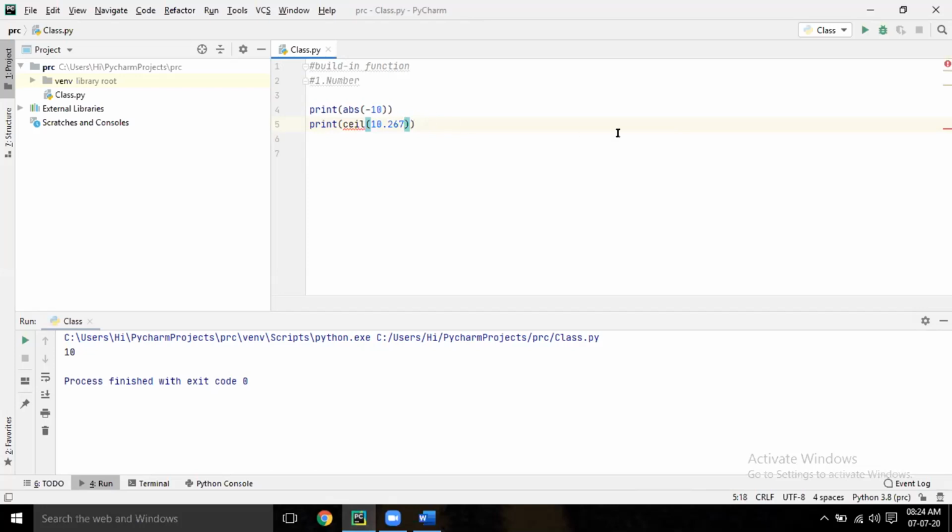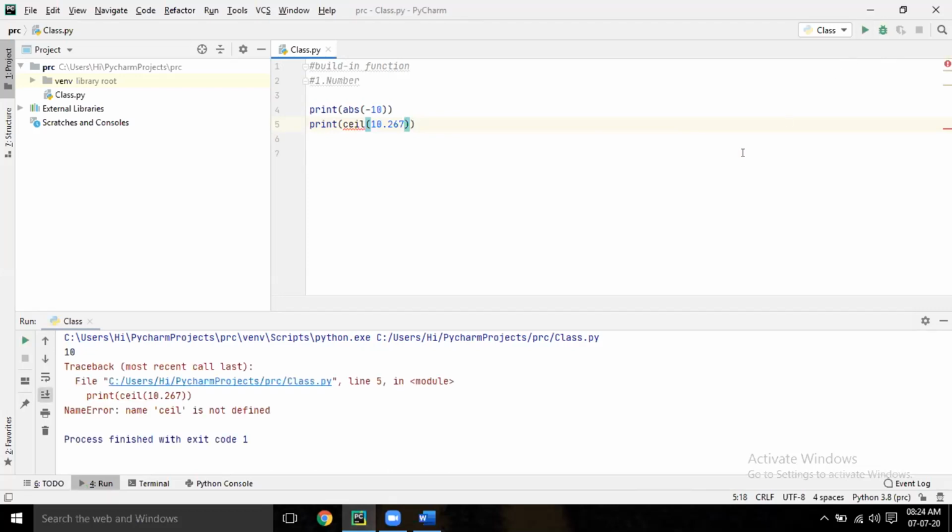Okay, so here if you run it, you will get an error, that means ceil is not defined. Here ceil is actually not the core Python function. For that you have to import a module. What is module? I'll tell you in my separate class.